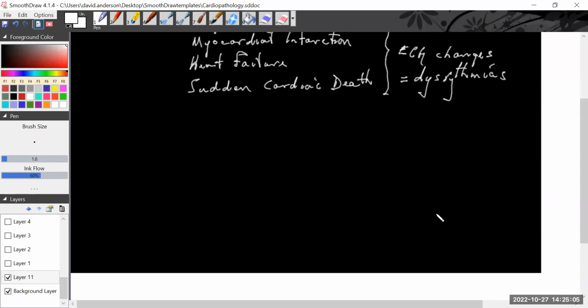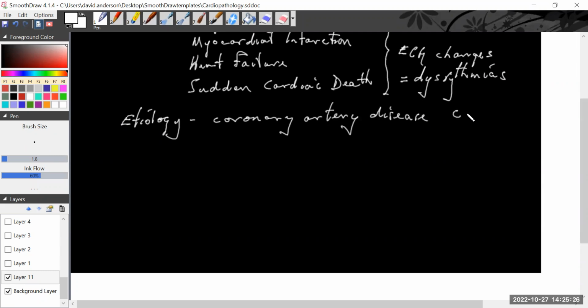So what are we talking about here? What's our etiology? We talked a lot already about atherosclerosis. So in these scenarios, we're talking about coronary artery disease. Coronary artery disease. You sometimes see it as coronary heart disease, CHD. The problem with that is it looks a lot like congestive heart failure, with the heart word. So it's probably simpler if we refer to this as coronary artery disease